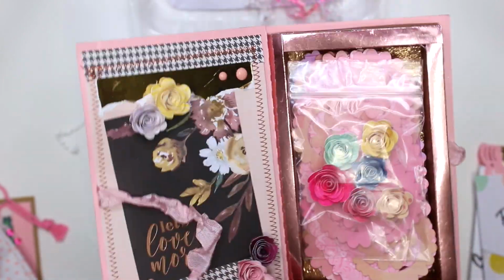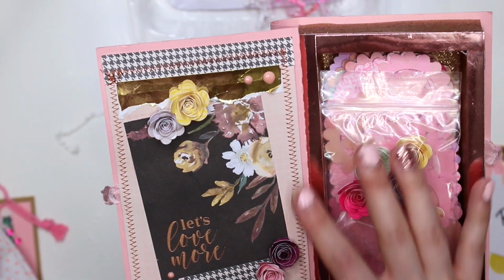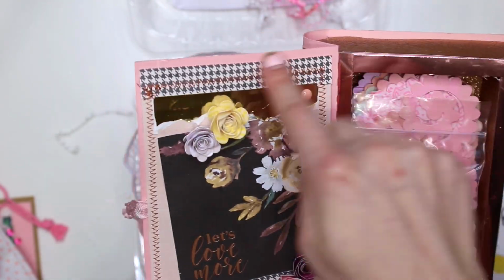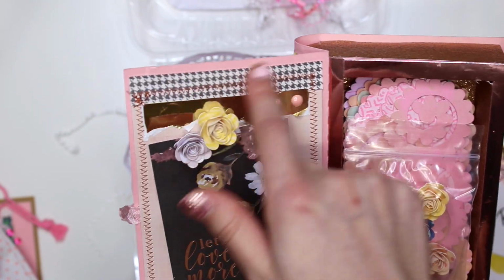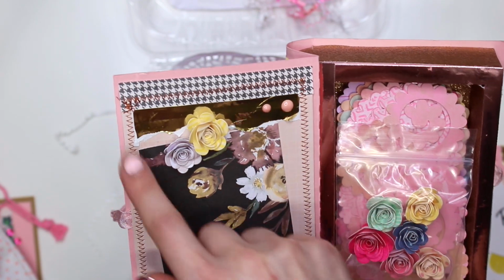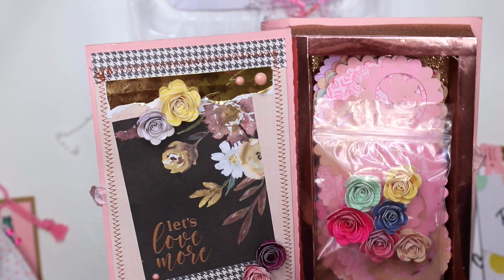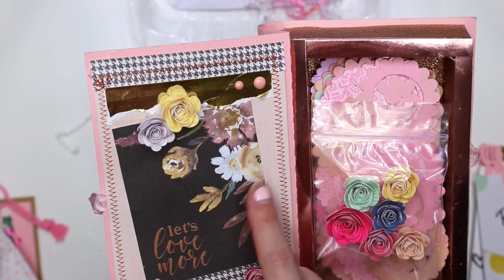So when you open this up, this is what it looks like. I decorated the inside panel here as well, did some more stitching. This was another piece at the top that I just decided to include on here. I got some gold that I decided to rip up and do that effect here. And this was a cut apart from the Auburn Lane collection, so I put that here, and that says let's